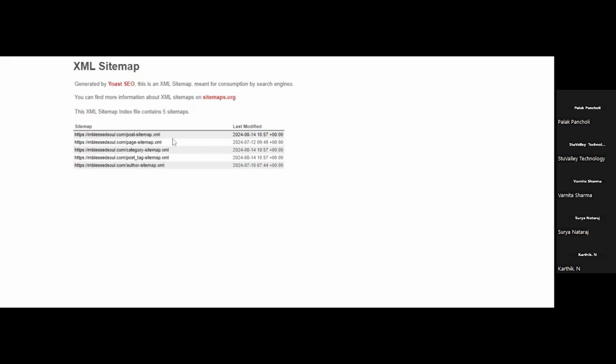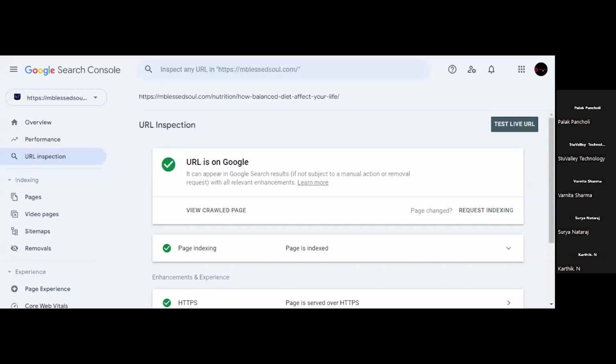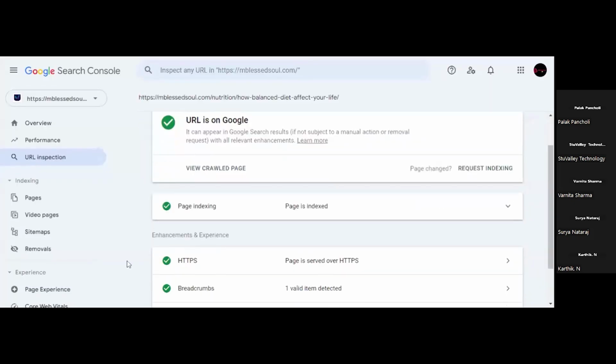Now what we will do after generating this XML sitemap, we'll just copy the URL of this XML sitemap from the address bar, and we will go to the Google Search Console. This is Google Search Console, and this is the option of sitemaps.